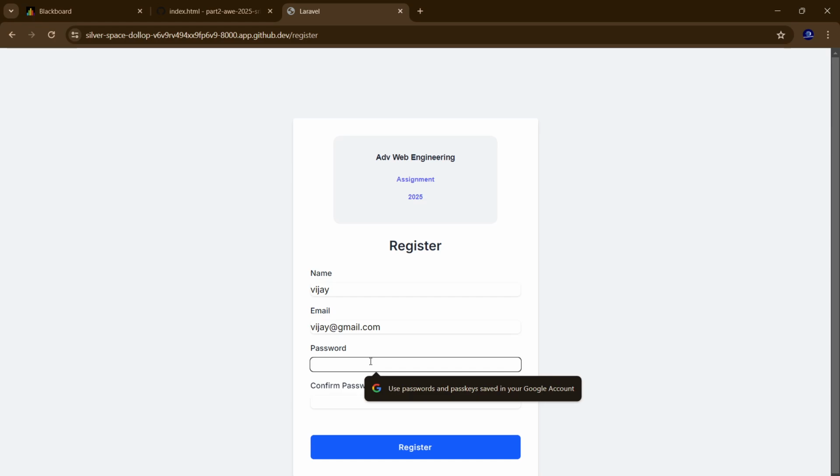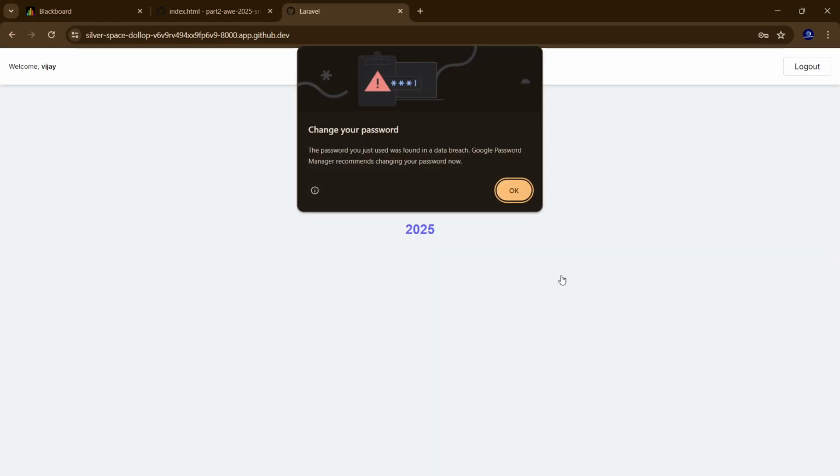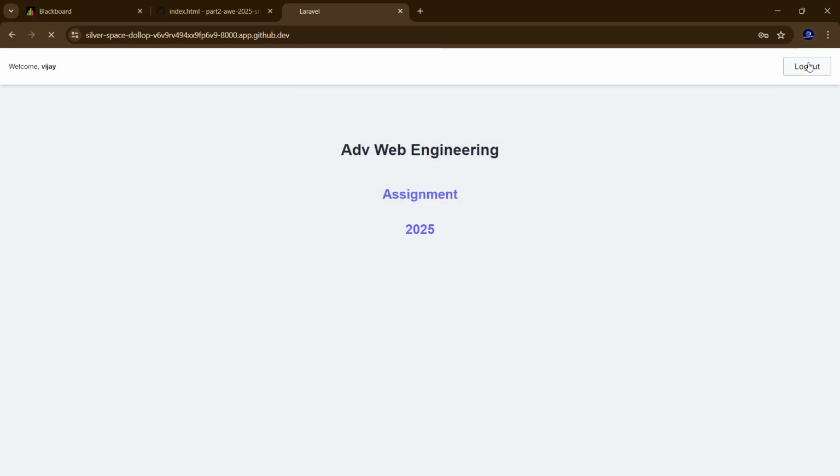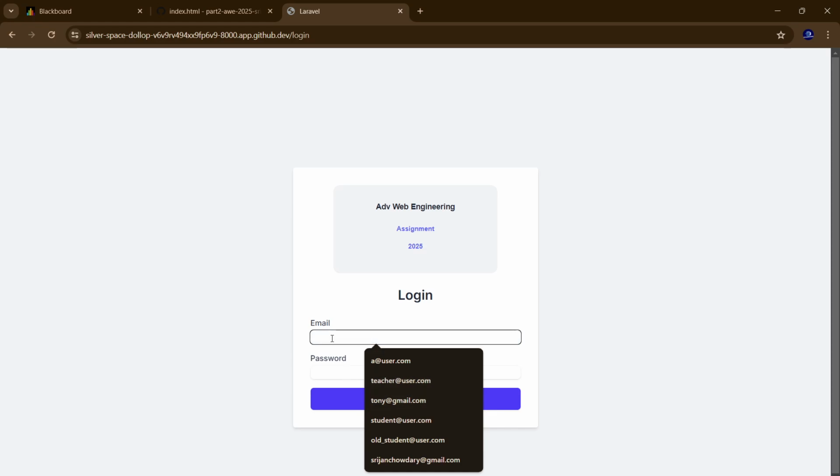The password length should be 6 characters. If I press 4 here, it should say it should only accept 6. So let's register, and he's successfully registered here. And if we log in as him now,